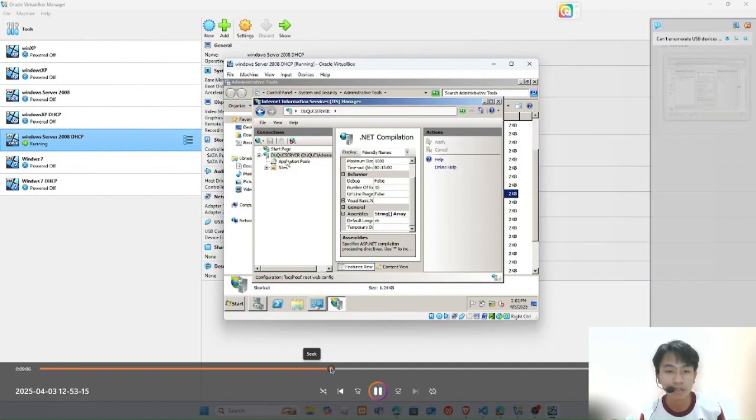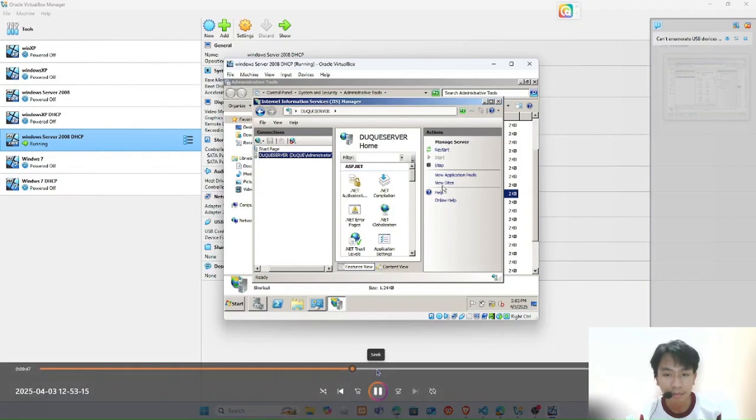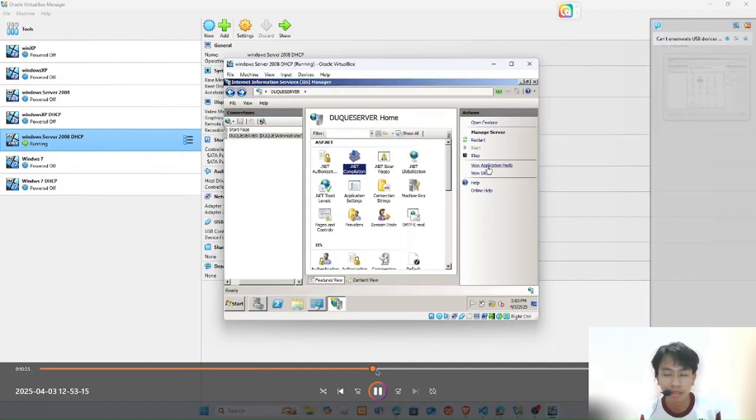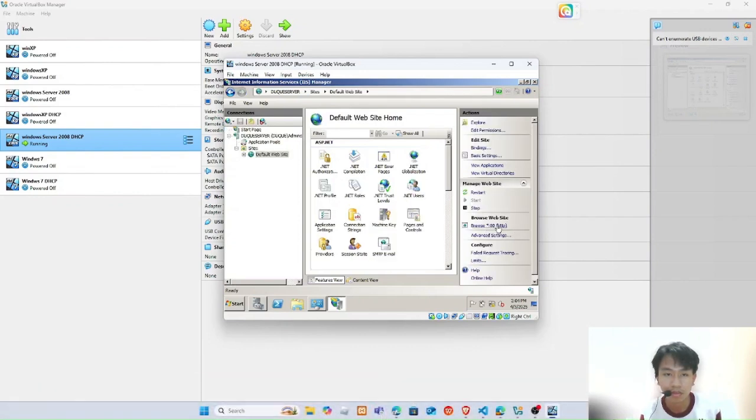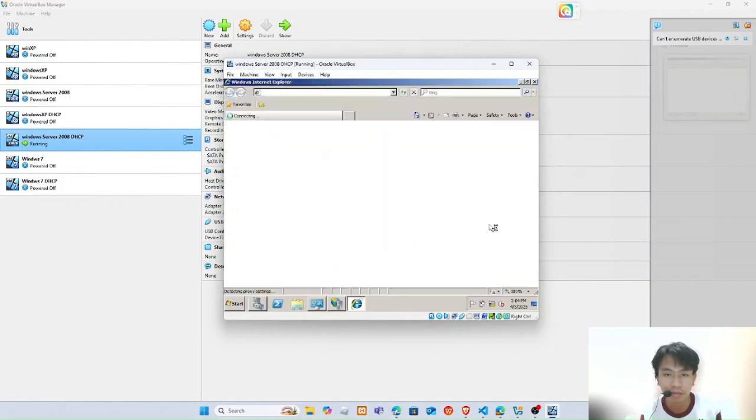After you click the server, click the sites. After you click the sites, go to default website and then browse site.